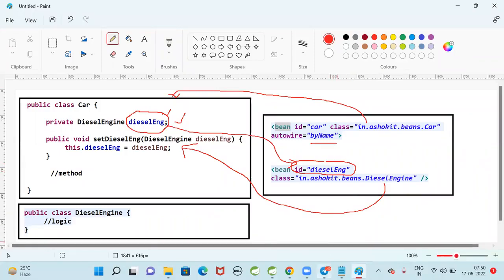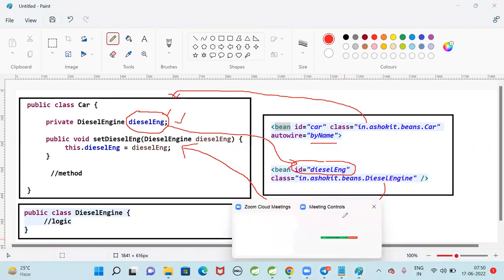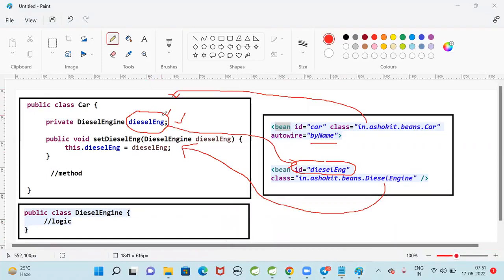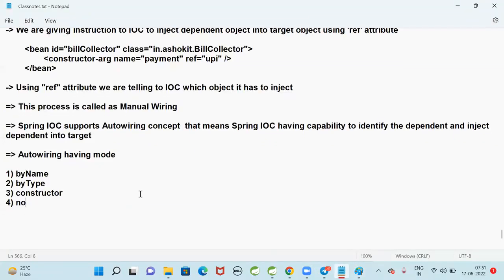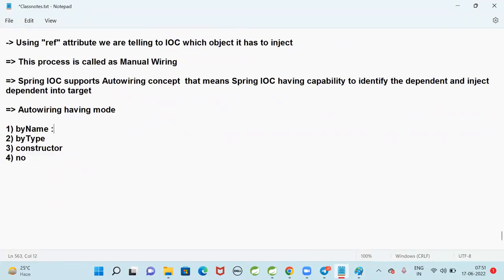Now you understand how by name is working, guys. If your variable name is matching with any bean ID, then the IOC container will perform dependency injection by name. In the by name mechanism, when we specify the autowiring mode as by name, it means